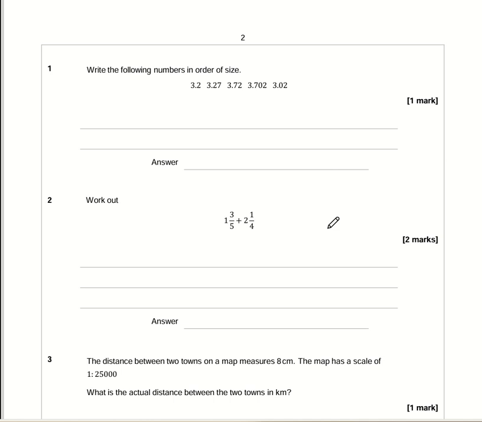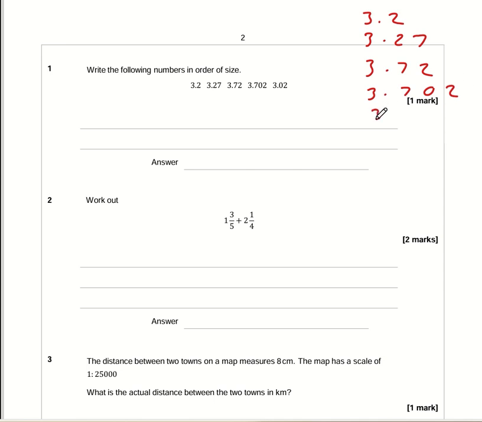So write the following numbers in order of size. 3.2, 3.27, 3.72, 3.702 and 3.02. What I would recommend doing is write them in a column. 3.2, 3.27. Make sure the decimal points are in line. That's really important. 3.72,